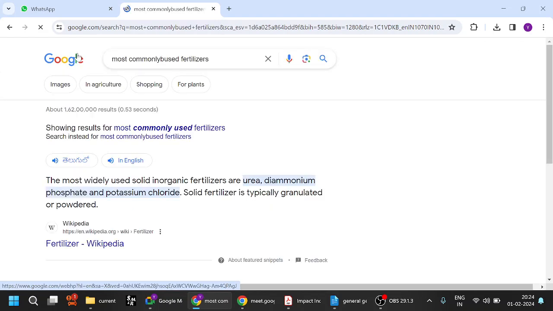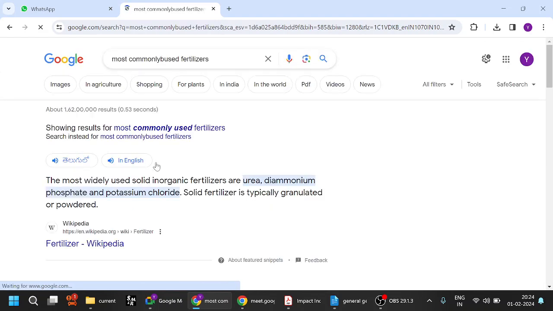Actually, farmers are using more fertilizers than required in the form of urea, and it is causing problems. Okay, these are inorganic, and today there is more stress on organic fertilizers like neem coated urea, etc. But if you want to produce agriculture on a large scale, then organic fertilizers are not suitable because of the high cost and low availability. So people are still using inorganic fertilizer because we have to feed a huge population.